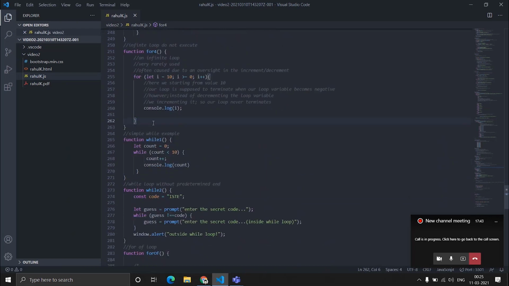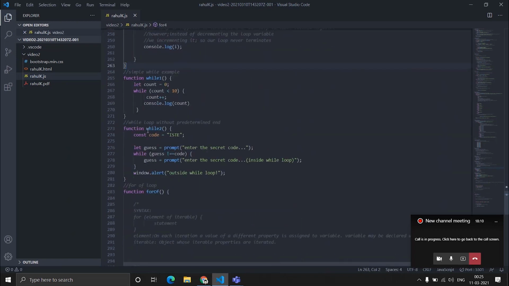But in one place, these infinite loops can be helpful, and that is when you don't know how many times you need to iterate, but you have to put a break statement somewhere according to some condition where you are going to stop your loop. Otherwise, it would be useless to use these infinite loops.